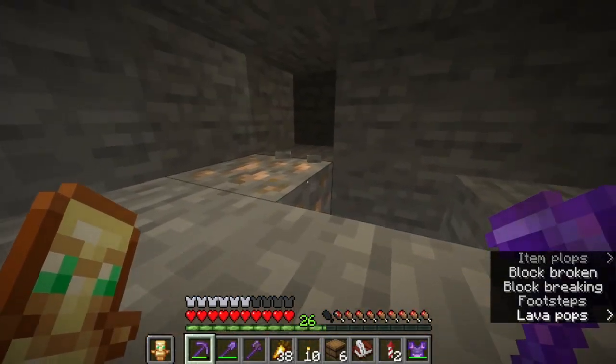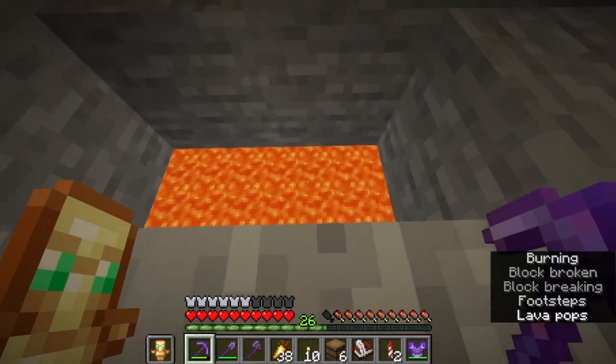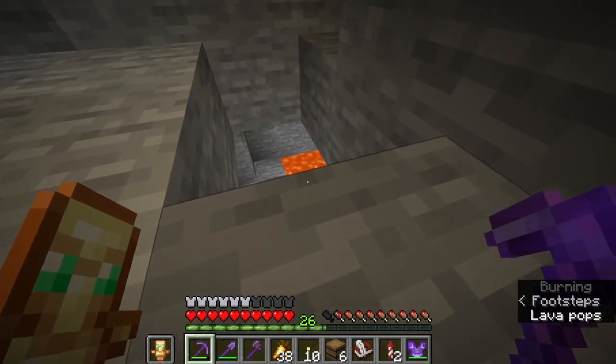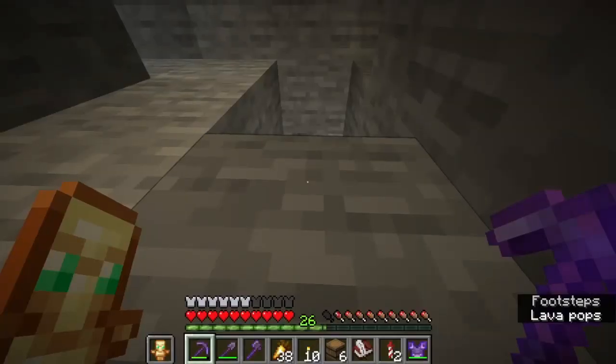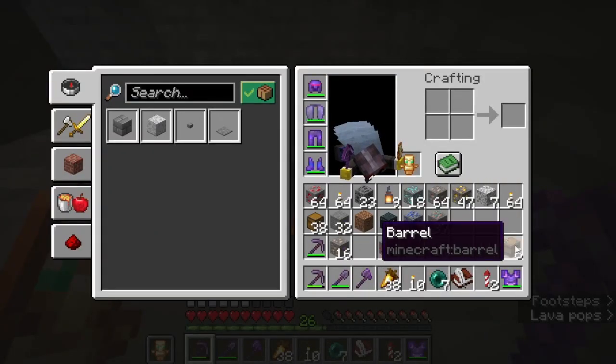what you're able to do is... Why is there a lava lake down there? Oh, I know why. That's one of the ones that generated. Let's see if we can...